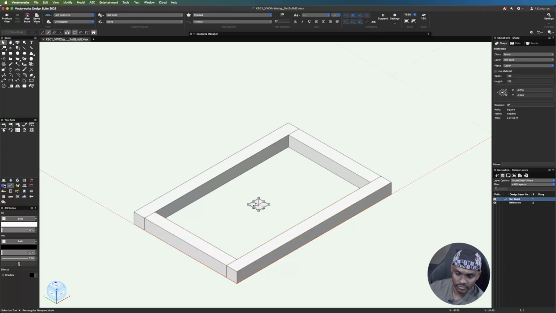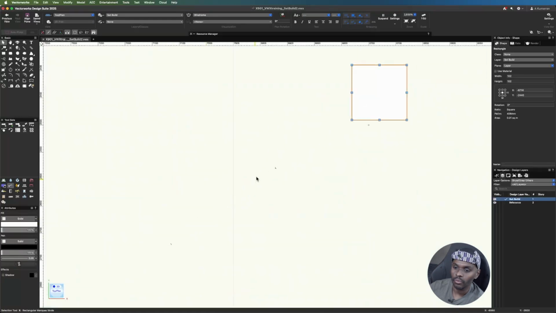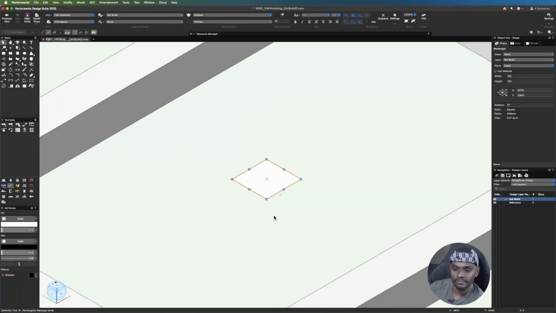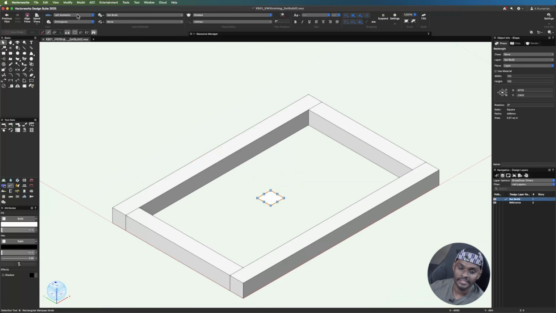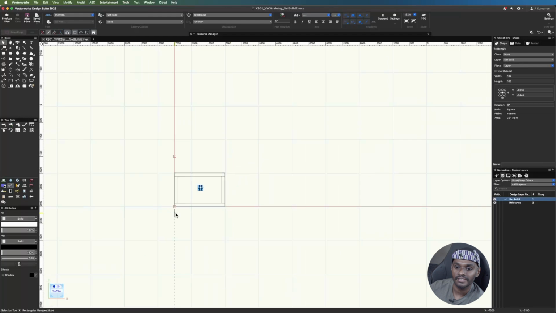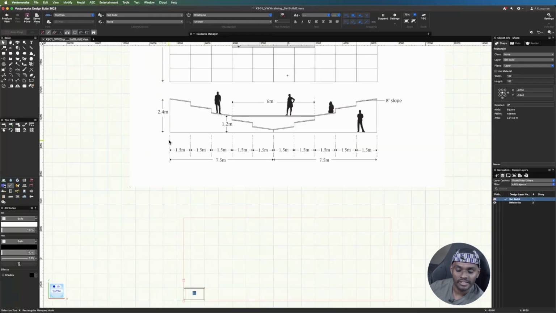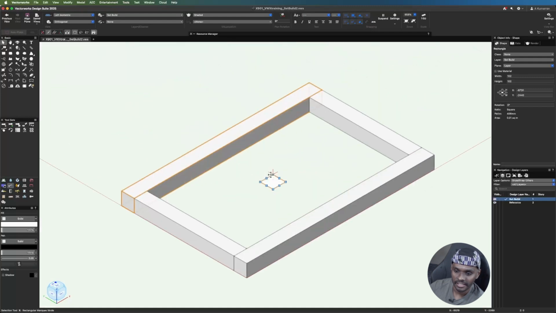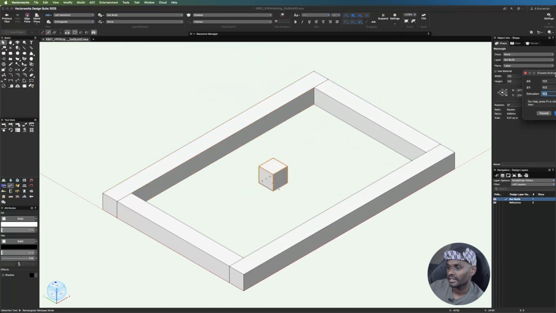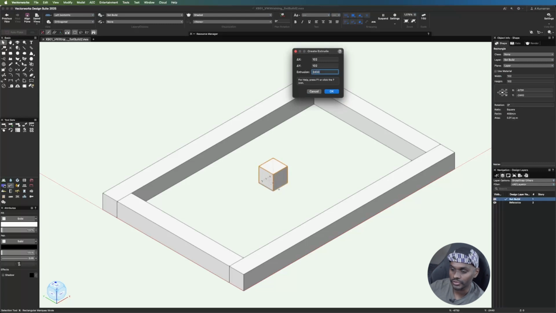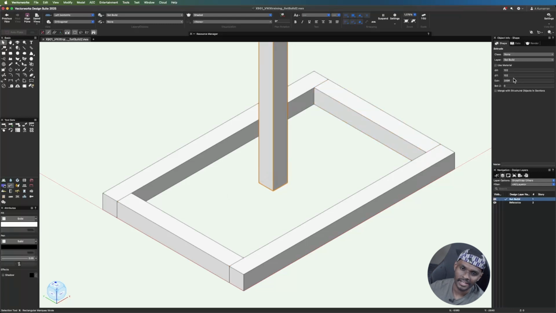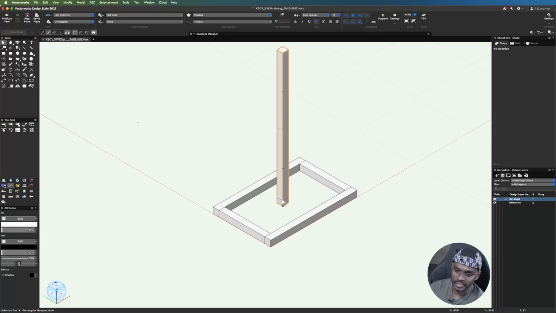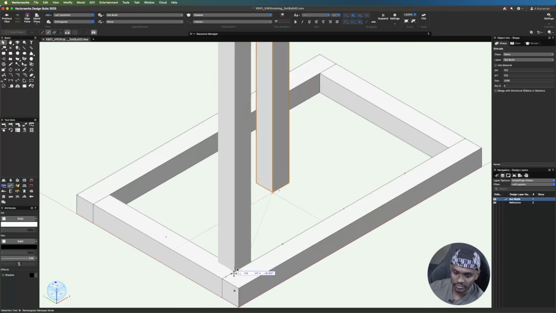Okay, I want to extrude this vertical piece of timber, but at the same time I want to account for the fact that my bracing at the bottom has a height of 4 inches. So how I'm going to do this is I'm going to let Vectorworks do the math for me, and I'm going to extrude this guy out, and I'm just going to type in 2400 minus 4 inches, and that should give me 2298 thereabouts. So this is my vertical beam. I'm going to put this over here,